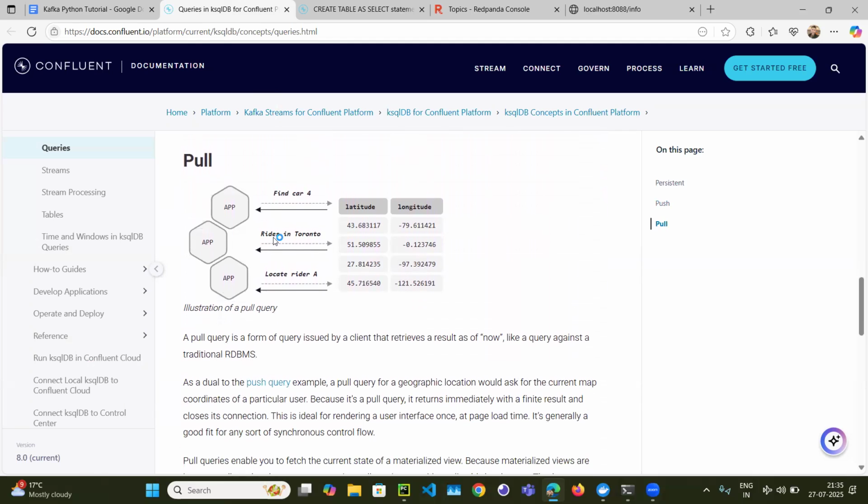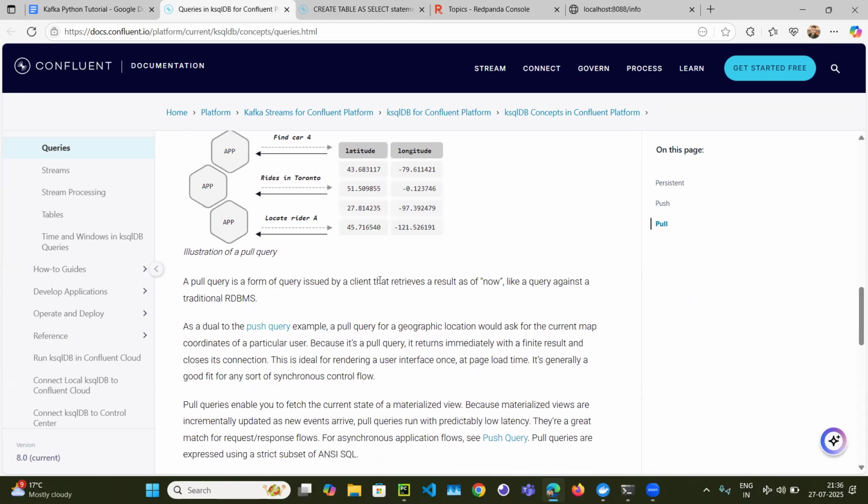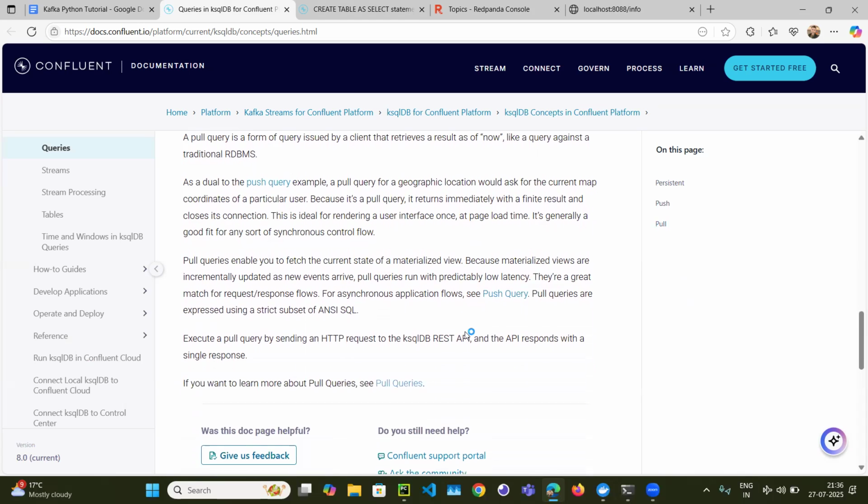Okay. Now pull. So we are pulling. Find a car with number 4. Find a ride which is in Toronto. Locate a rider with A. We are pulling. A pull query is a form of query issued by a client that retrieves the result as of now. What is the current status? All right. So here, if you see,